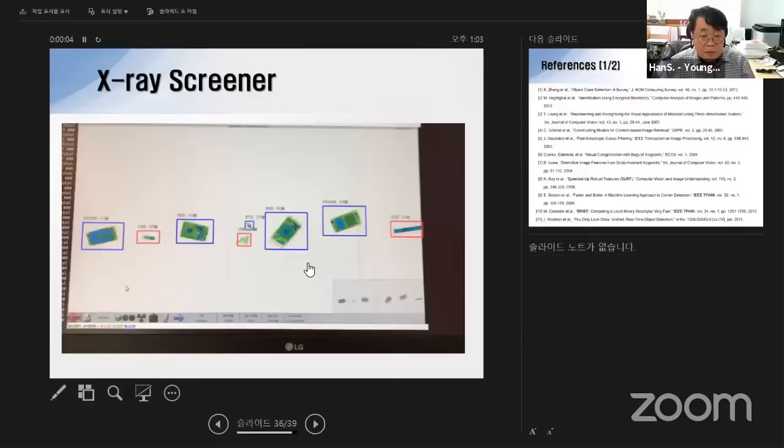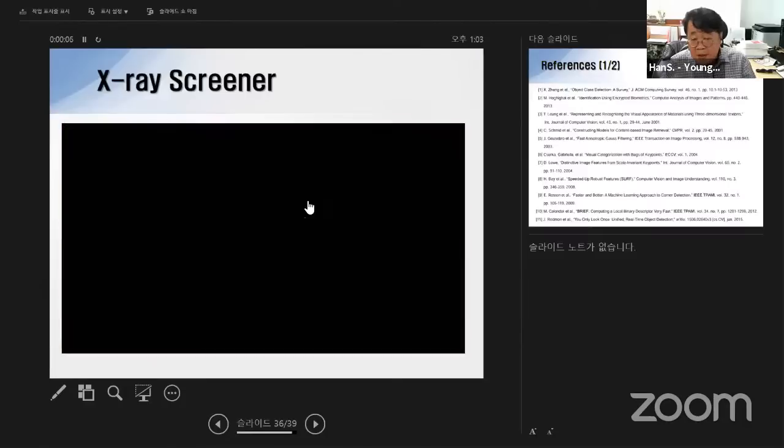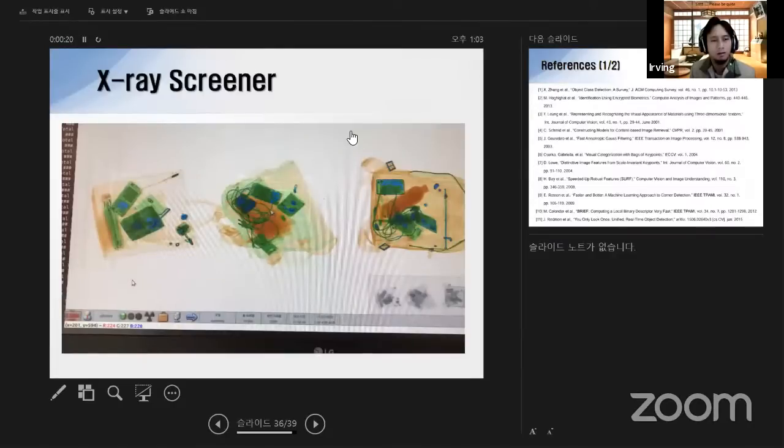As you can see, this one is an X-ray image in the X-ray screener. I think that is very similar to the normal RGB images, right? But